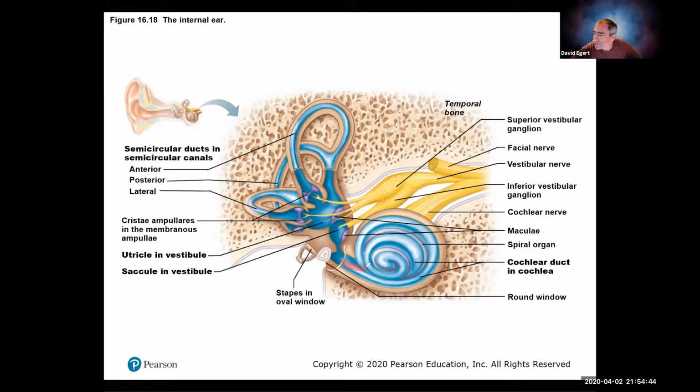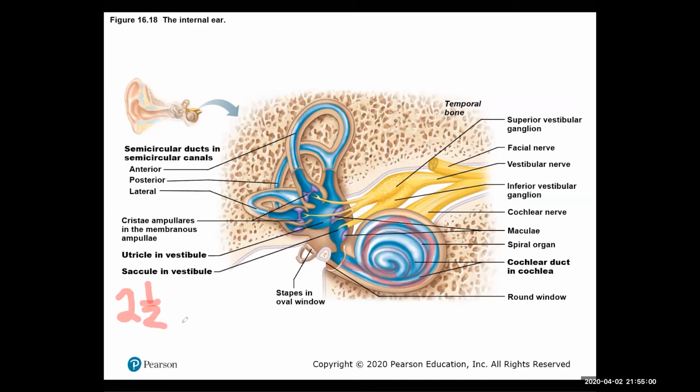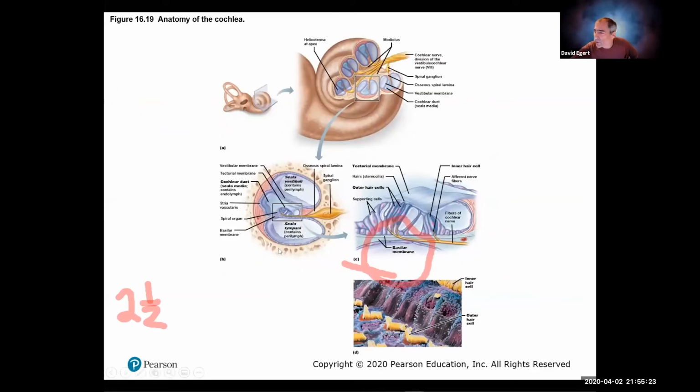So here is the membranous labyrinth, this blue part, spiraling around in this part called the cochlea. Cochlea means snail. It looks kind of like a snail. It's got 2.5 turns, so 2.5 spirals going in. So the membranous labyrinth is spiraling in 2.5 times, and it's spiraling in the cave. That's the bony labyrinth. So as the bony labyrinth makes the outside, the membranous labyrinth spirals inside,